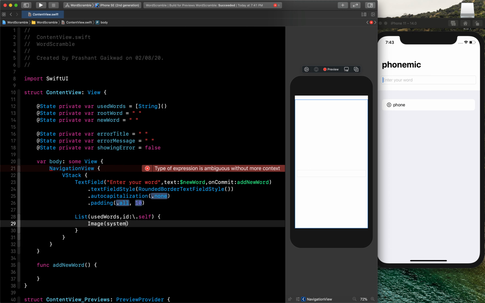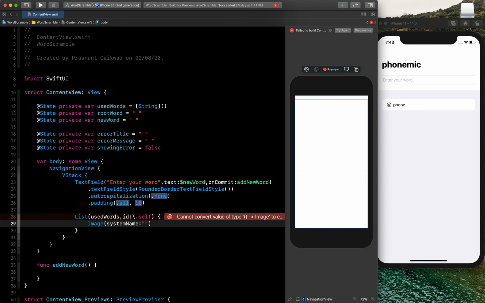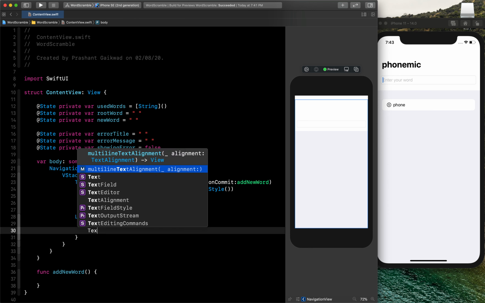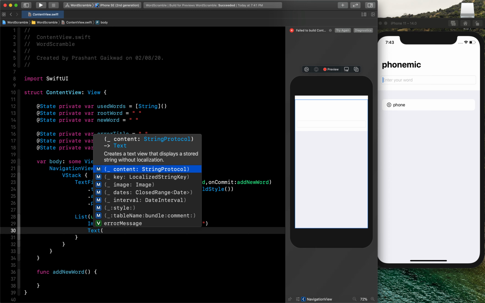So I will say image system name, and here I have to pass the count, so I will say slash $0, which means the current element inside my list dot count, and then I have to say dot circle, so that this is one symbol inside my SF symbols which I am using here. And then in front of this I need to show the actual text, so I will say $0.